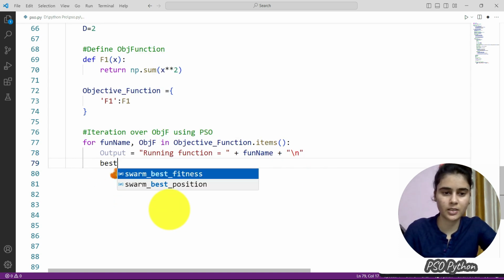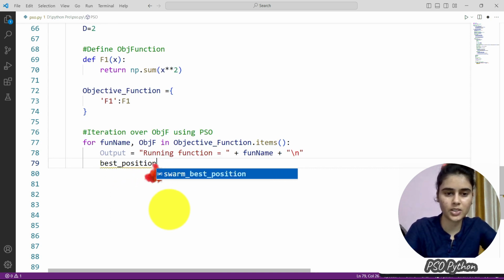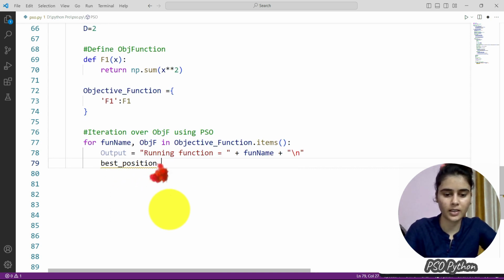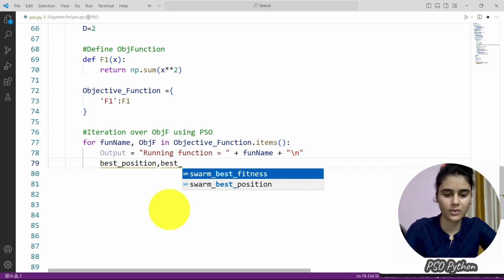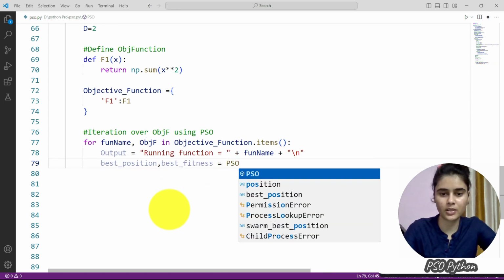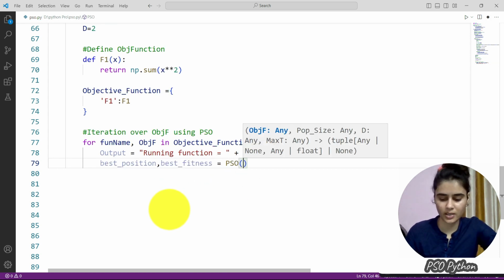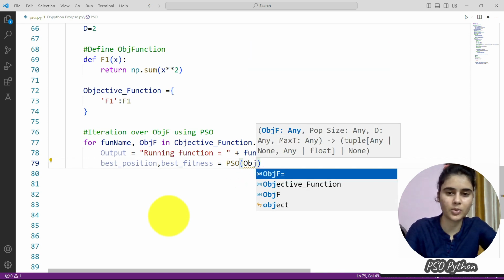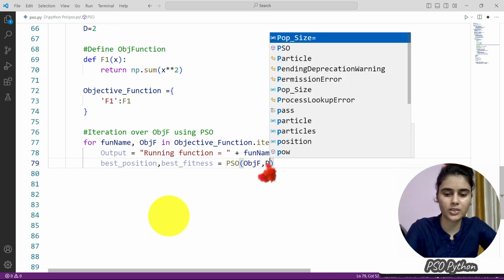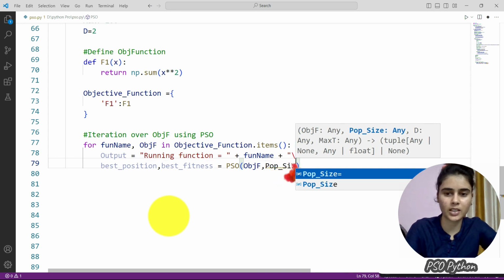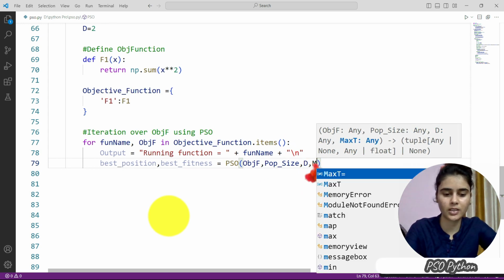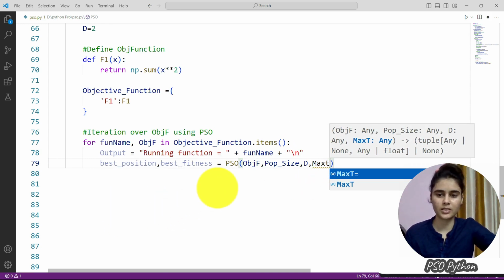Next we will display the best position and best fitness. Here we will call the PSO function, and here we have different input parameters: objective function, population size, dimension, maximum number of iterations.